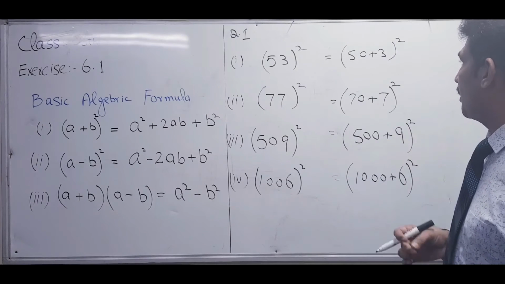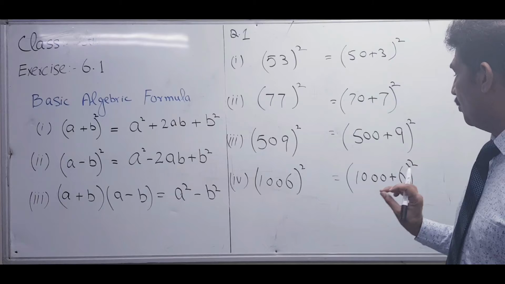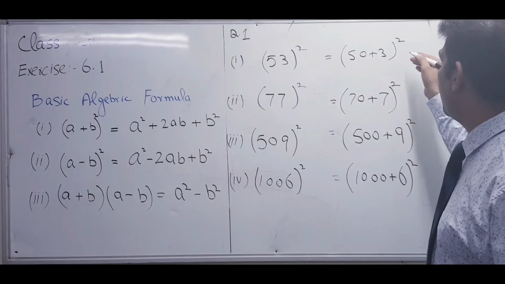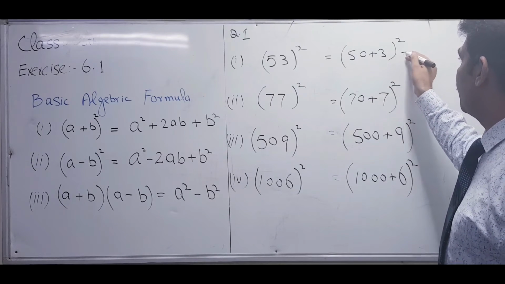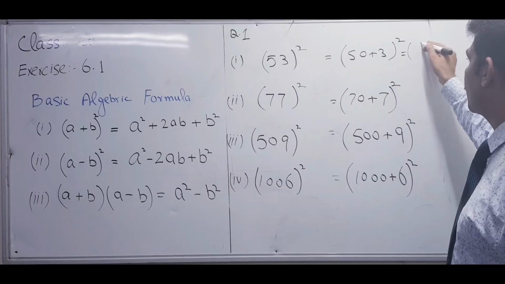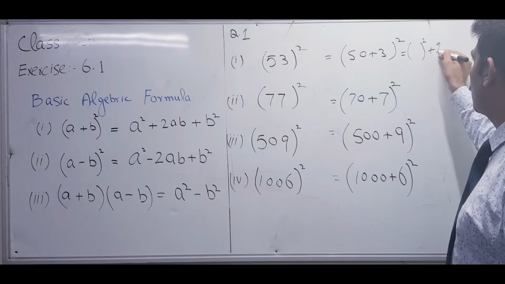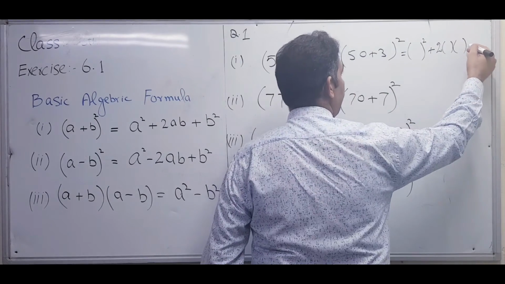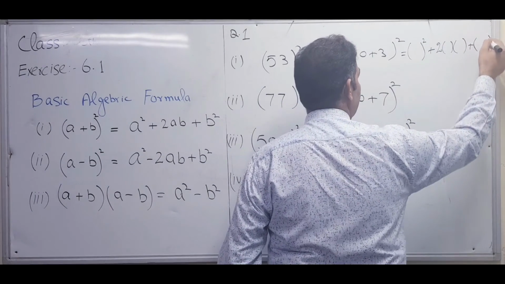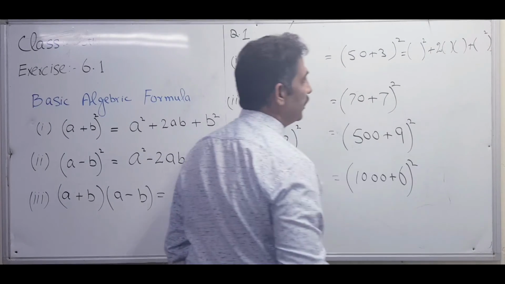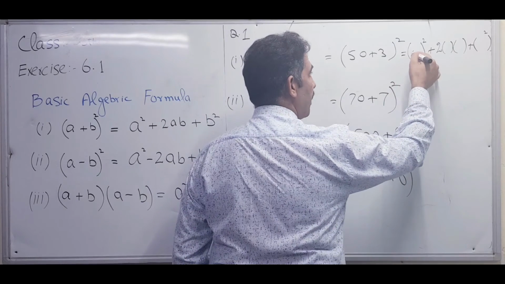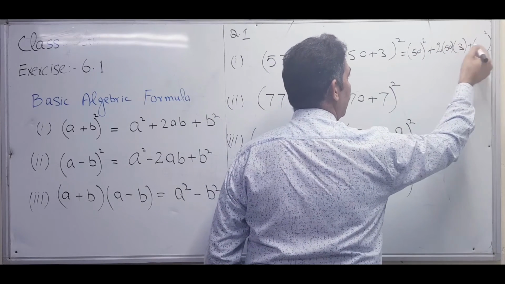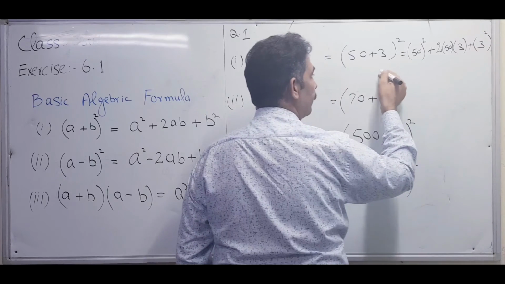If you apply the positive formula, then how do you solve the question? I will explain one part for you. The remaining you have to do like that one. First we will write the formula: the square of the first element, plus 2 into first element into second element, and plus the square of the second element. What is the first element? In the first two brackets fill 50, 50, 3 and 3.